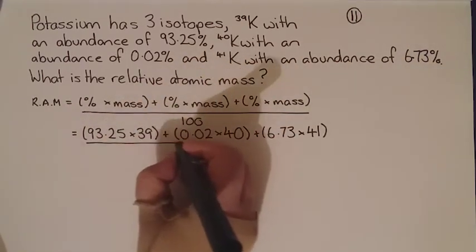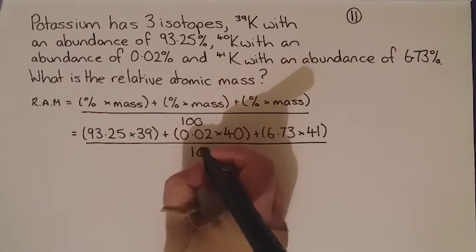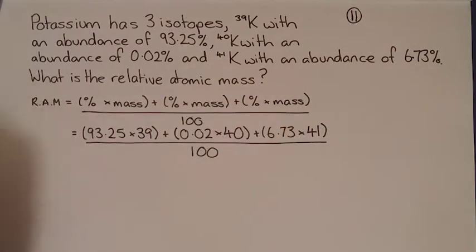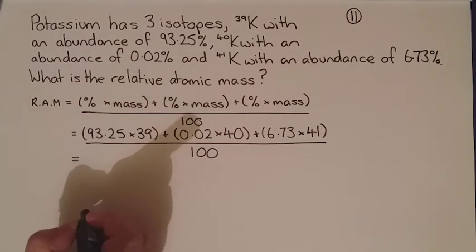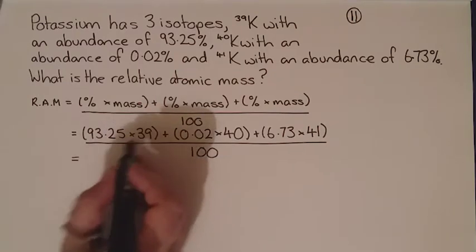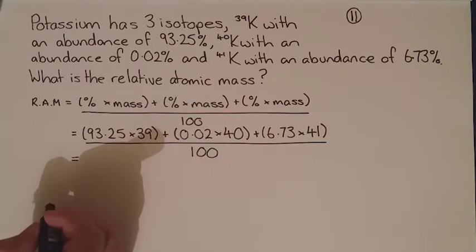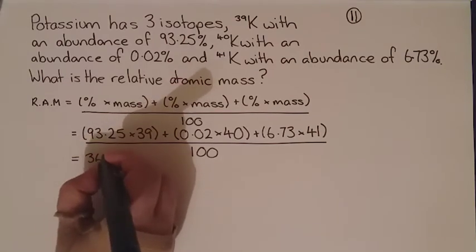All divided by 100. The best way to make sure that you don't make any mistakes is to show all of your working and to double check it. So therefore, doing the first calculation, 93.25 times 39 comes to